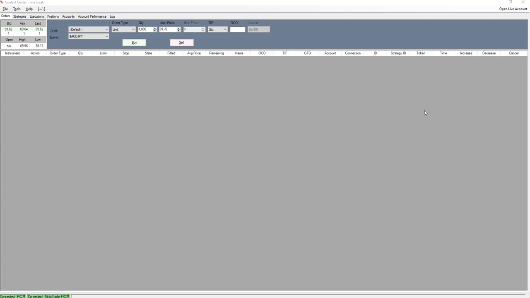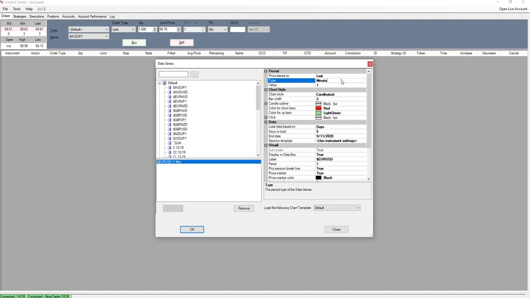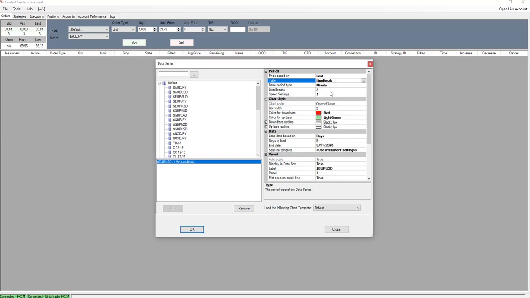I'm going to show you a little bit of what I'm working on with my line break chart with the Heikin-Ashi entry system. So we're using NinjaTrader 7. I'm going to show you how to set up a new chart. We're going to go to New Chart. We're going to be looking at the Euro Dollar. These are different chart setups they have, and we're going to be looking at the line break chart